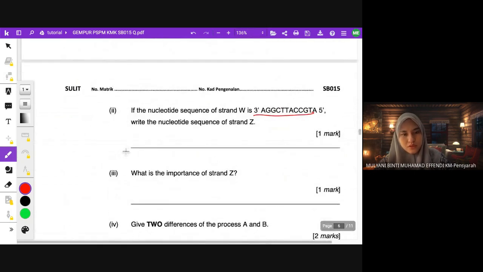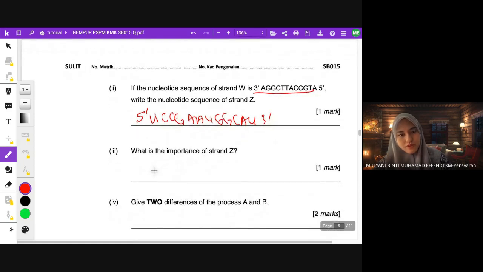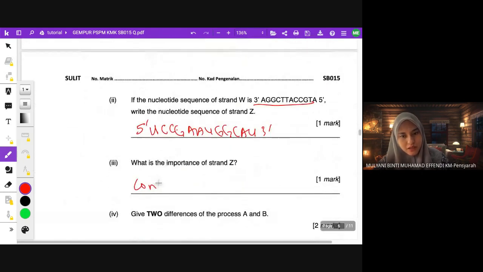So apa sequence-nya? So 5 prime, mRNA lah kan. So A kena berpasangan dengan U. So U, C, C, G, A, U, G, G, C, A, U, 3 prime. So what is the importance of strand Z? So strand Z contain, strand Z mana tadi? mRNA. Okay, mRNA. Contain codons